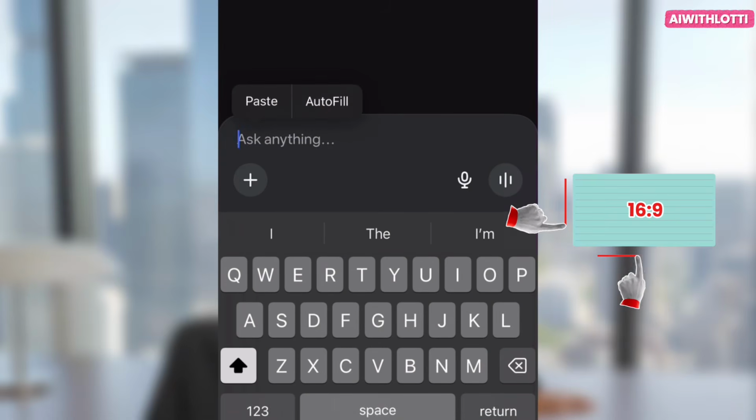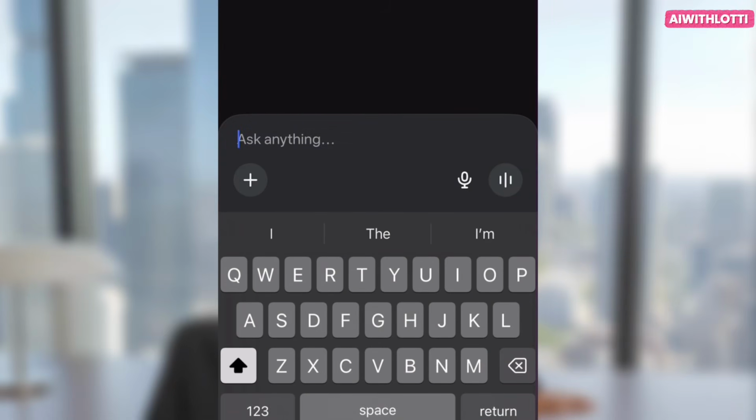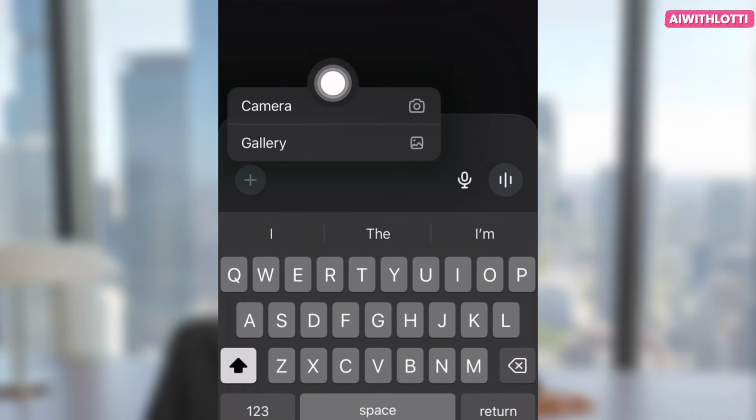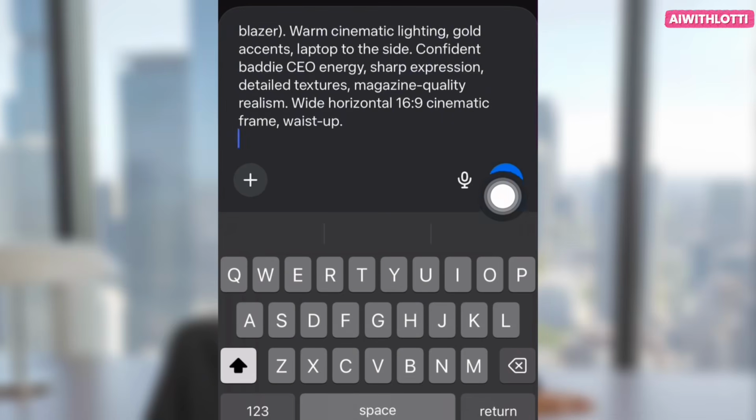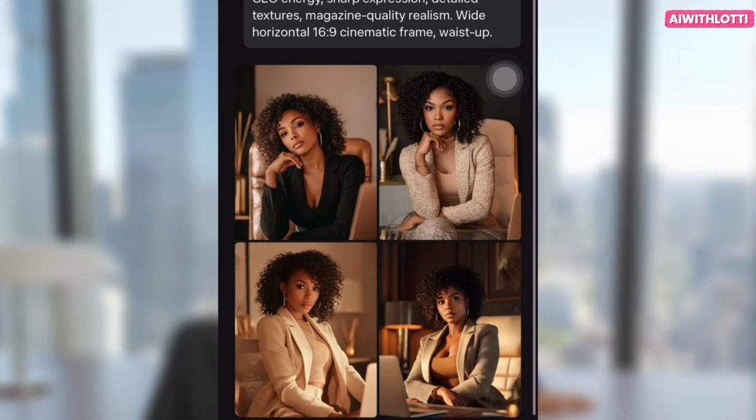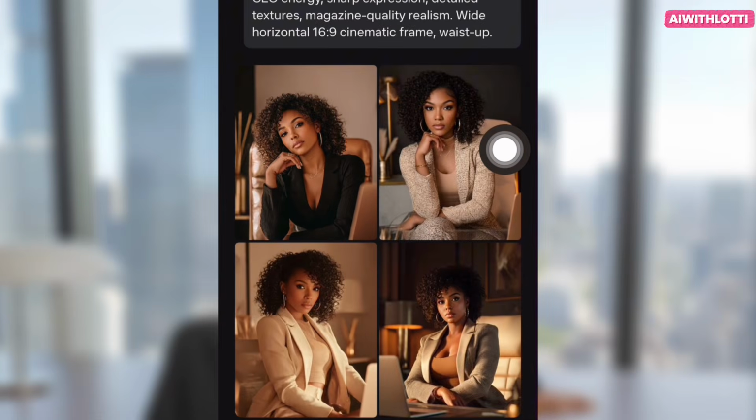But first, I'm going to show you that you can either upload a prompt or an image. If you want an image, you click the plus sign and click gallery. If you want a prompt, you just paste one in. You can easily put one in yourself, or you can use ChatGPT to generate a prompt. So these are the images that they came up with. These women are beautiful. So as you can see though, it does only do 9:16, and I even asked for